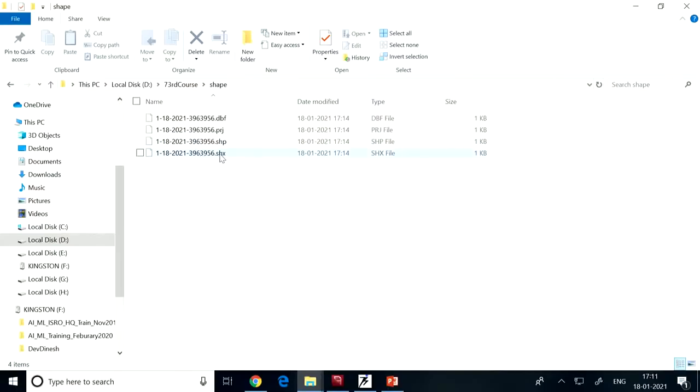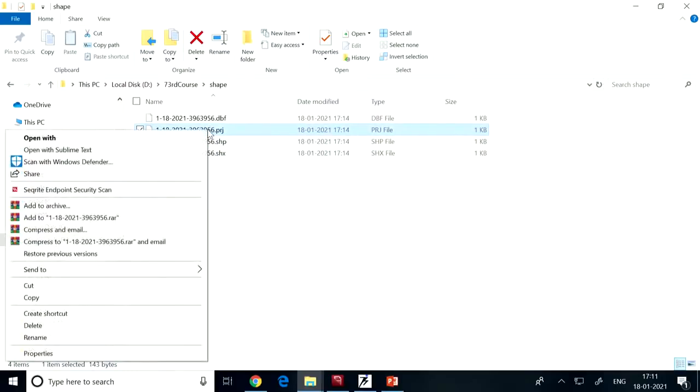Okay, so if you see it here, SHX, this is the index file. It will maintain the indexing of all the points which I have drawn to get that polygon. SHP, this is the main file, the main interface file, which will be used for accessing the data. PRJ, it is having the projection information. This we can directly open in any kind of notepad. Let us open it in notepad.